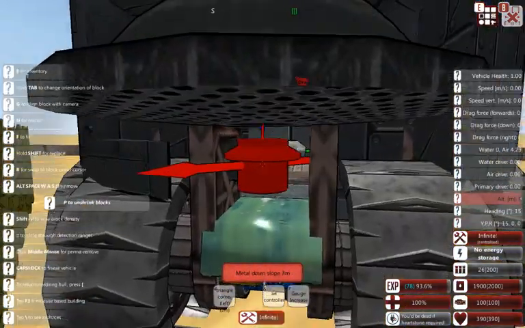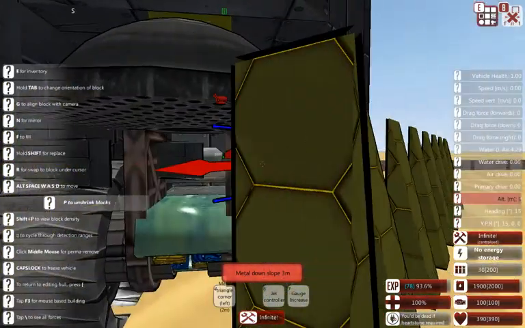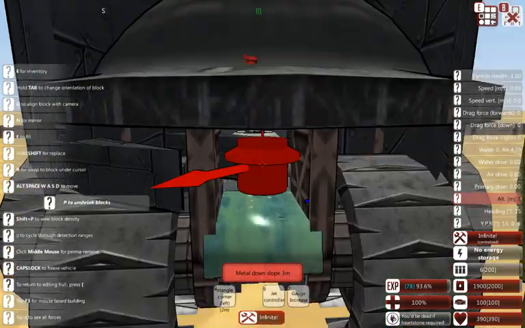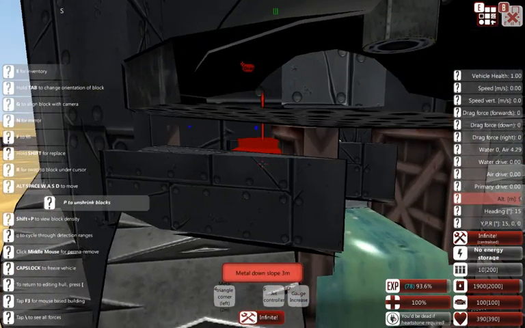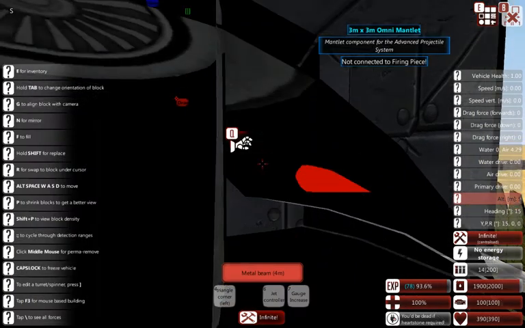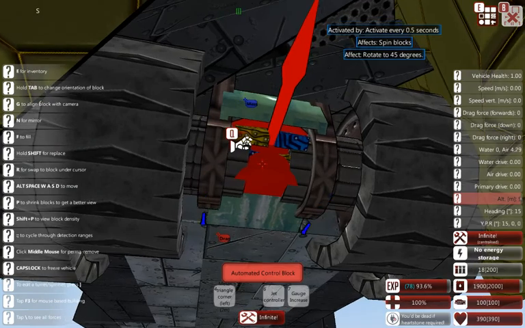You can see down here he's got the spin block. He's got a couple of these little angled blocks on the sides to give a little protection to the spin block right here. You don't want it getting snapped off accidentally, so he's got layers of sloped blocks back here to keep it safe. And then, of course, underneath it, we have, if you can see it right there, an automatic control block,